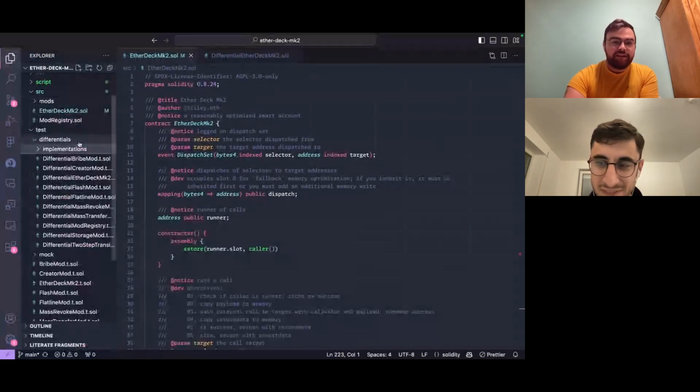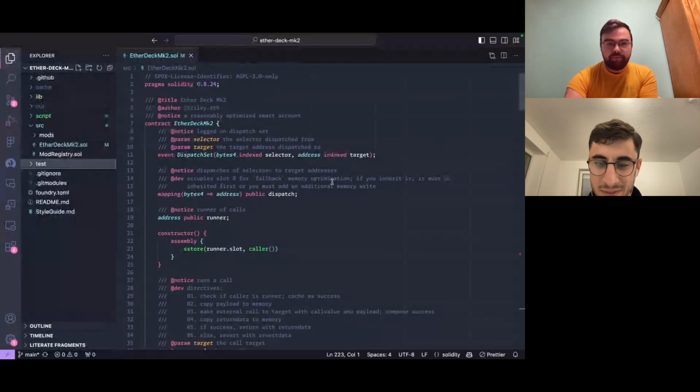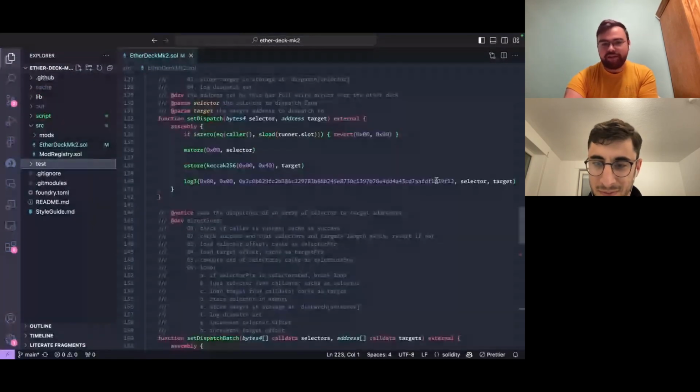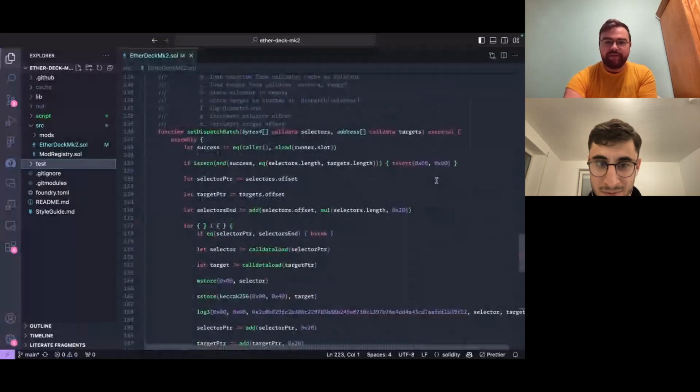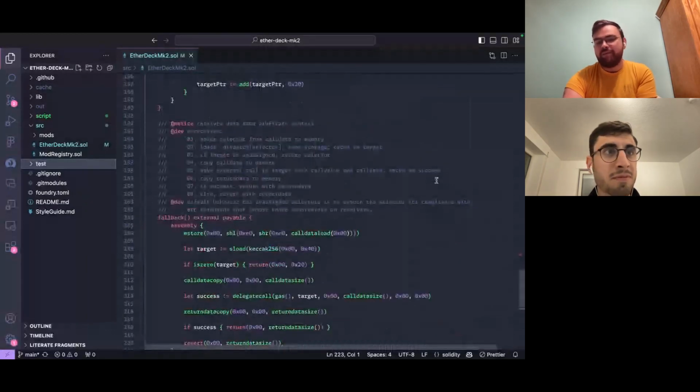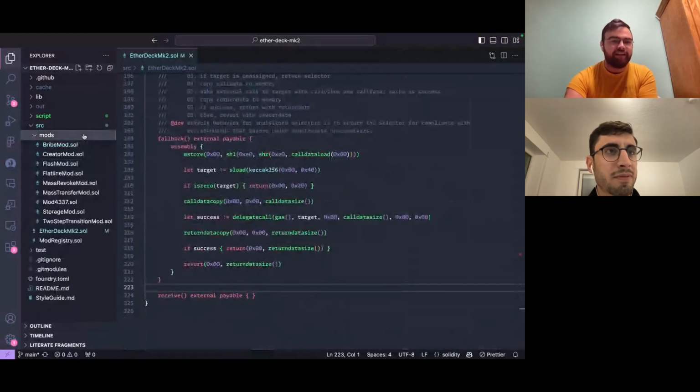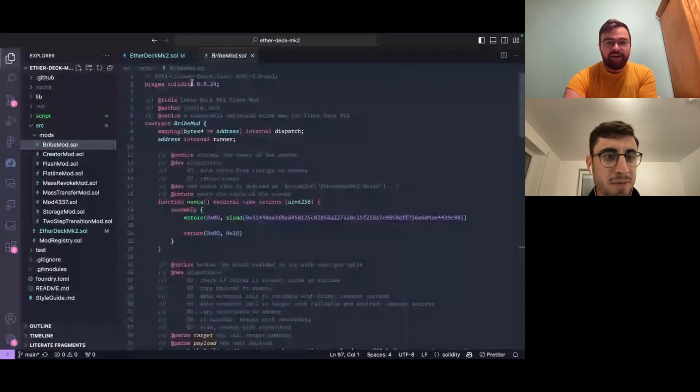So yeah, that's the core deck. Like I said, pretty bare bones, pretty minimal in terms of its actual functionality, right? You just run a transaction, run a batch, set a dispatch, do that in batch, and then this fallback that can handle everything else. Now, in terms of mods,